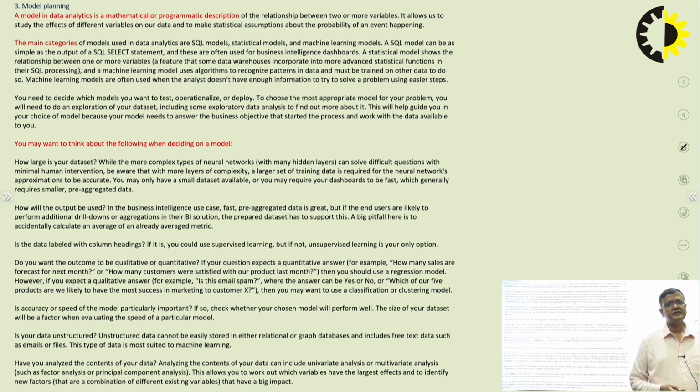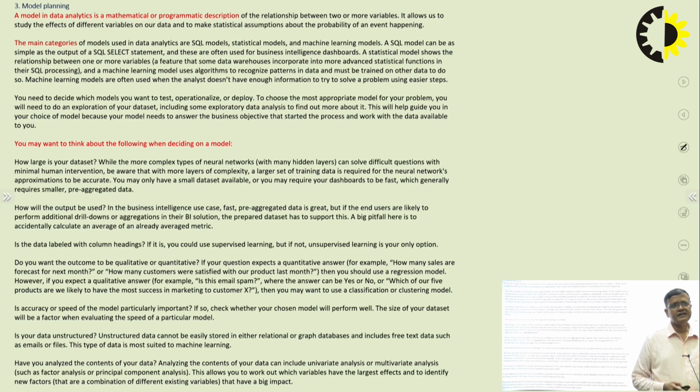It is either a mathematical model, or the programmatic description of the same mathematical model, or just a programmatic description of some function. That will again be your model.